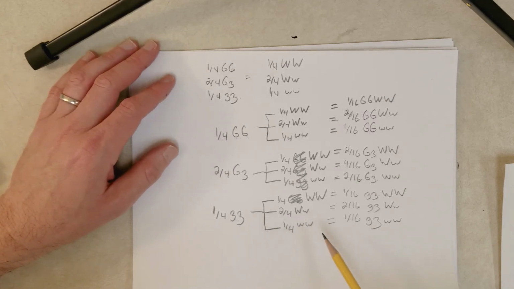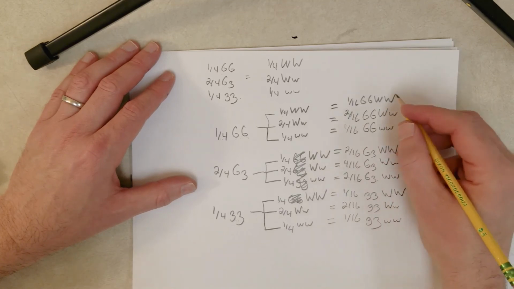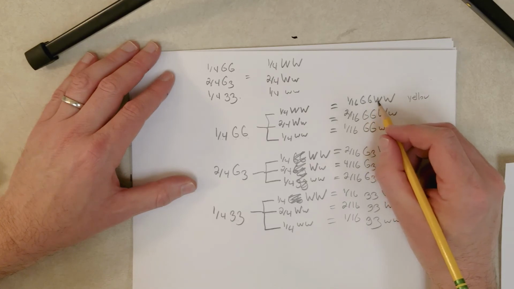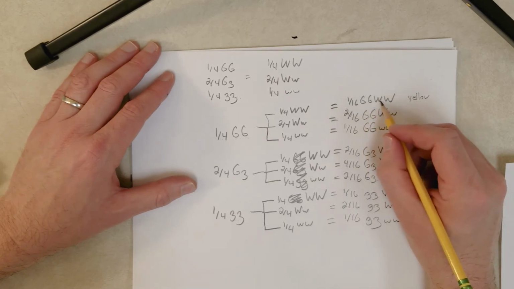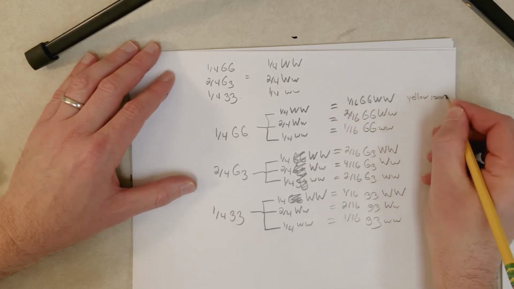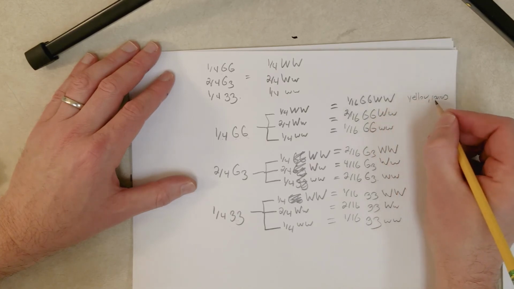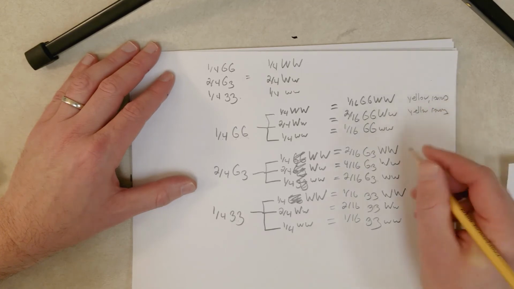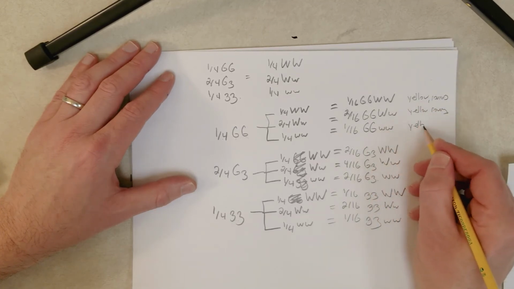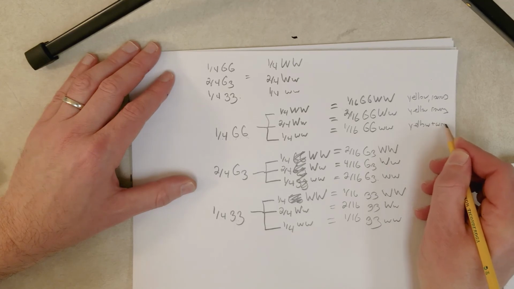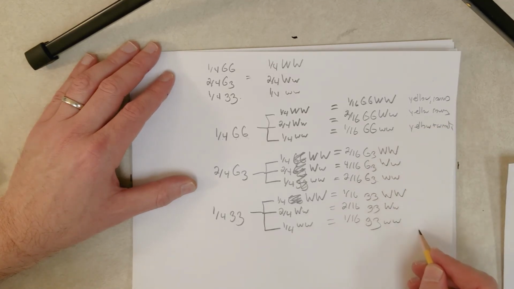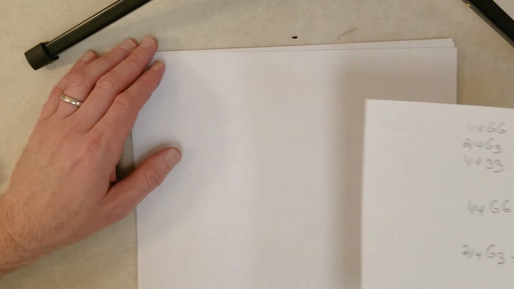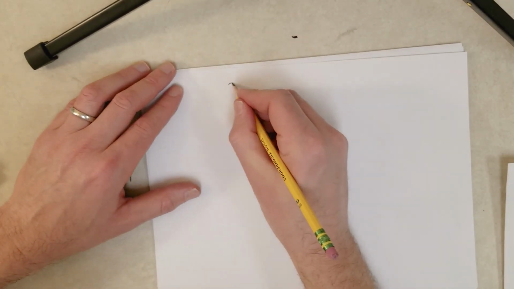And let me show you, and we could figure that out just by looking at these and saying, oh, okay, every one of these that has a big G and a big W allele has to be yellow for the big G and round for the big W. So yellow and round, yellow but not round, yellow and wrinkled. And you could figure out the phenotypes of all these, and then you could add up the fractions. But there's an easier way to get the phenotypic ratio. And that goes back to